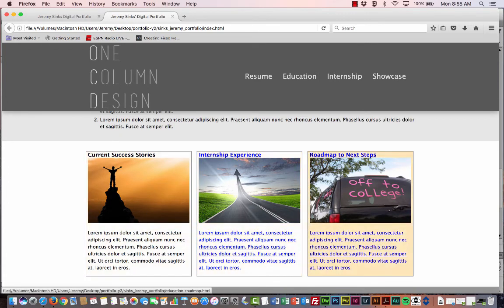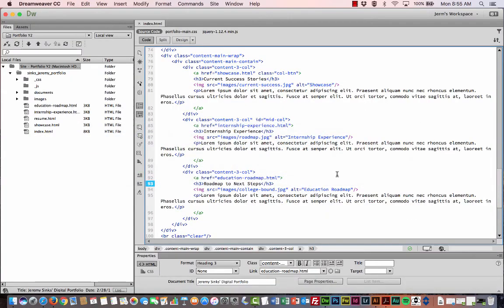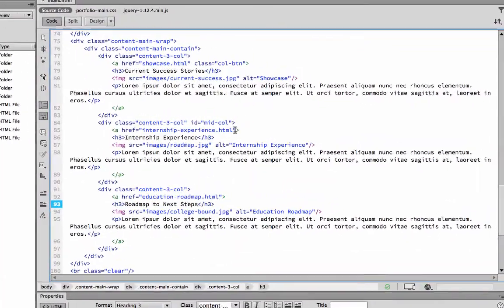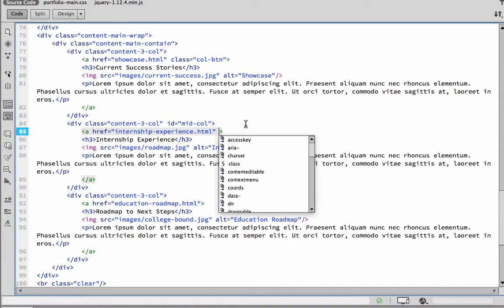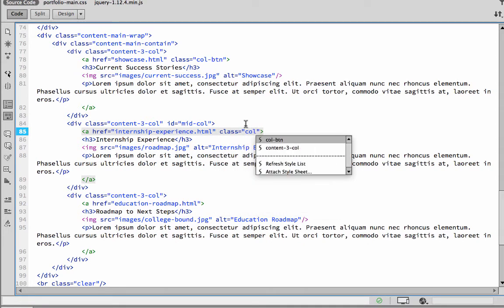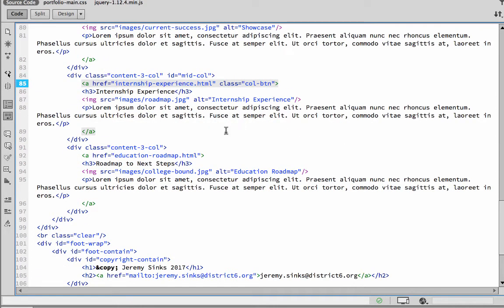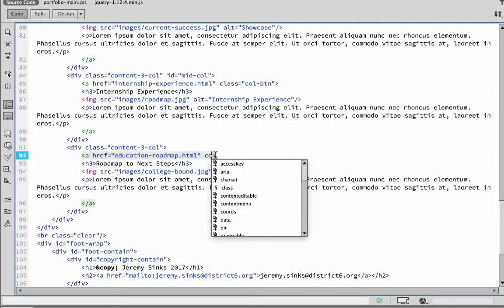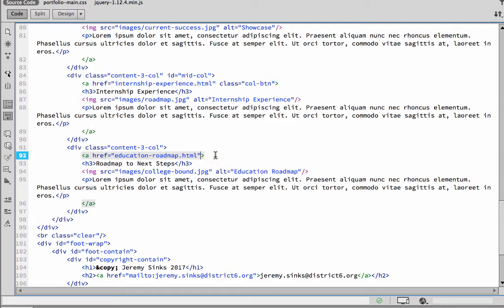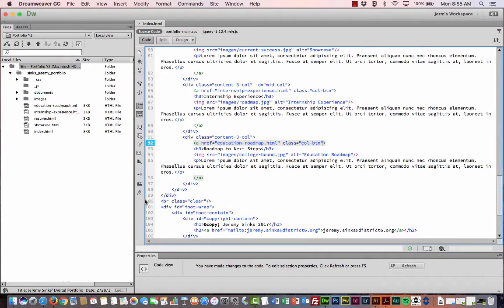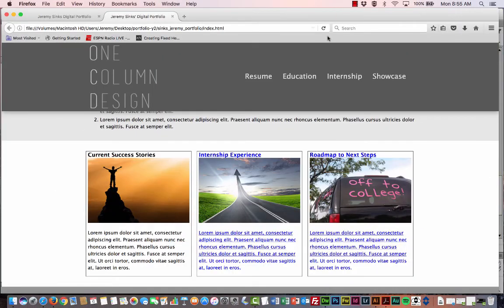So I need to go back to my source code and locate those A elements there. A href internship experience, that's the one I'm after, space class, and then colbtn for column button, and then same thing for that third one where that A element is right after the quotation mark, space class col button, and then save that, and then tab back over and refresh that just to make